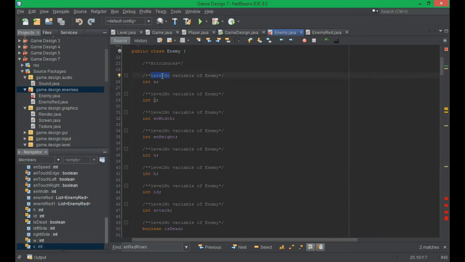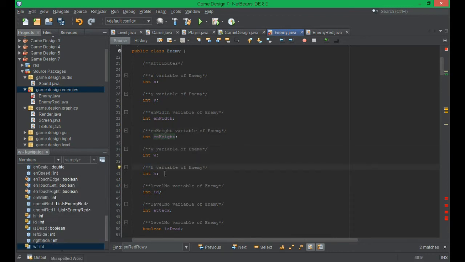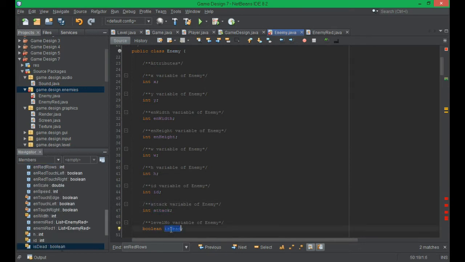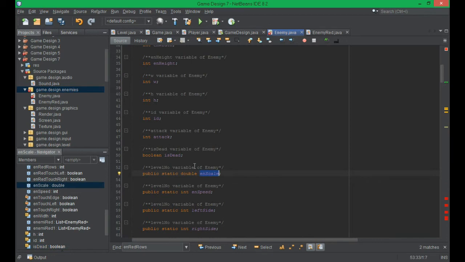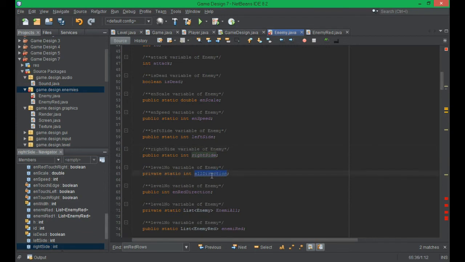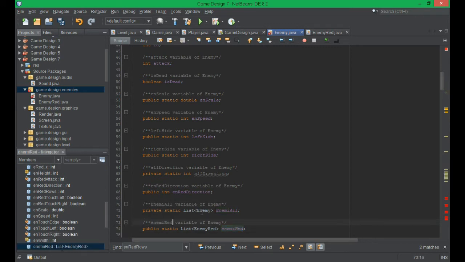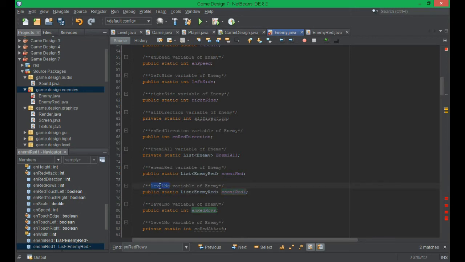Right, as I was saying, this is X, Y, and width, and height, width, height, ID, type of attack, is dead boolean, and scale, and speed, left side, right side, all direction, and red direction, enemy all list, enemy red list, enemy red one list, and red rows, and red attack,